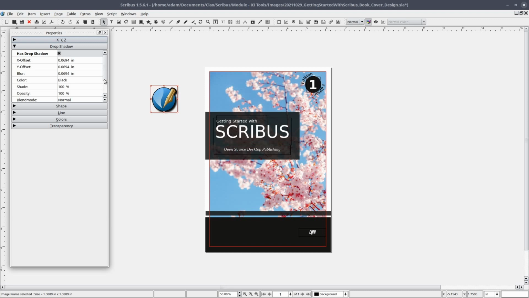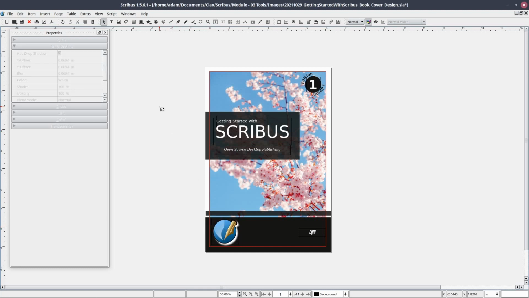However, there are a number of properties that provide a fine grain adjustment to where and how you need the shadow to appear. Let's select an appropriate background color for our drop shadow based on the type of background we're planning to put our image on. We can then move our image onto the book cover.